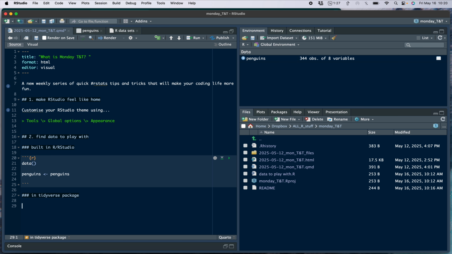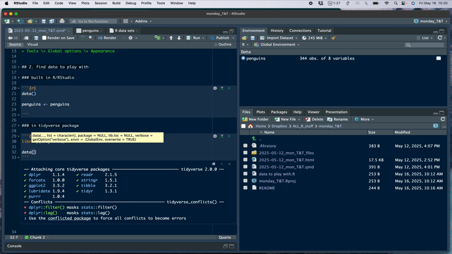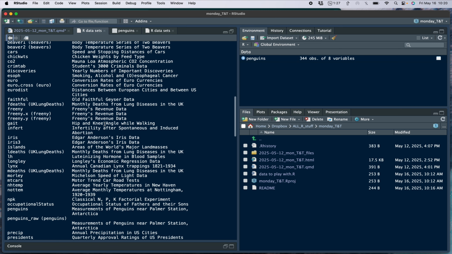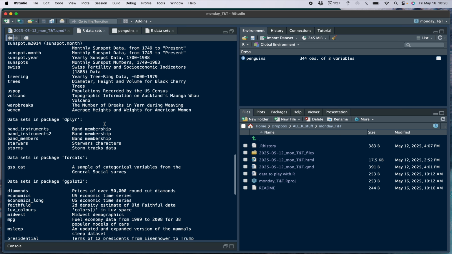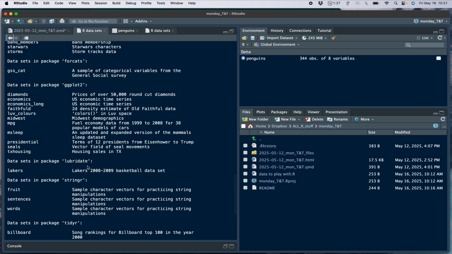Now, there are also datasets that are in tidyverse packages. So these are the datasets that are often used to demo functions in the documentation or vignettes. So if I load the tidyverse and then call that data function again, these are the datasets that are in the base R. But if I scroll all the way down to the bottom, you'll see that there are datasets that are associated with dplyr and forcats and ggplot and lubridate, stringr, etc. So once you load the tidyverse, then you can read in these datasets